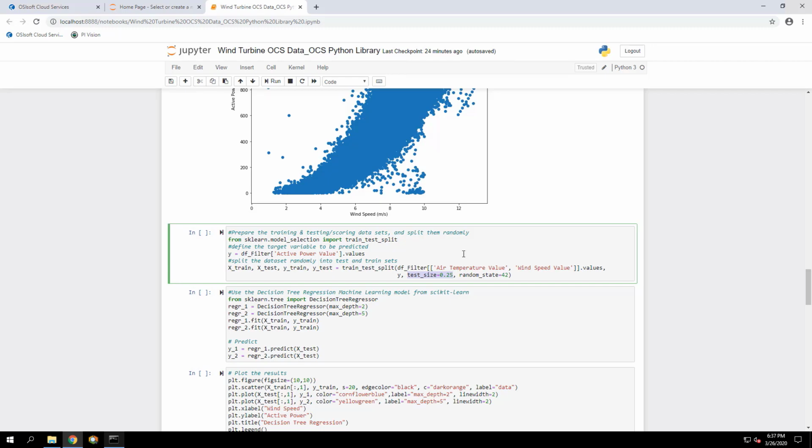And this is typically what you do in a machine learning project. So you would have to split the data set into a testing data set and a training data set, or a scoring data set. And then you would run the algorithm on the test data set.